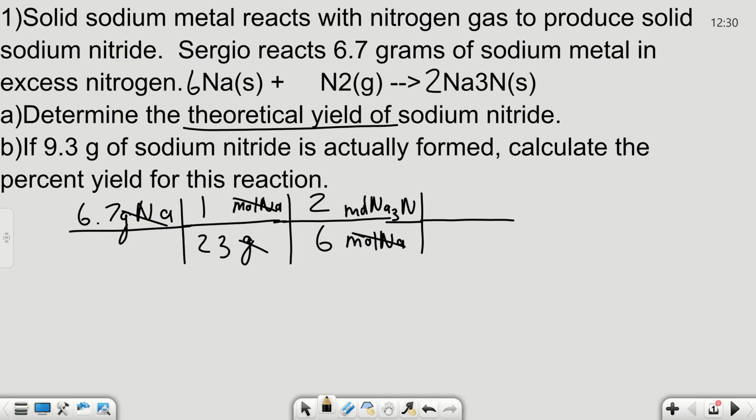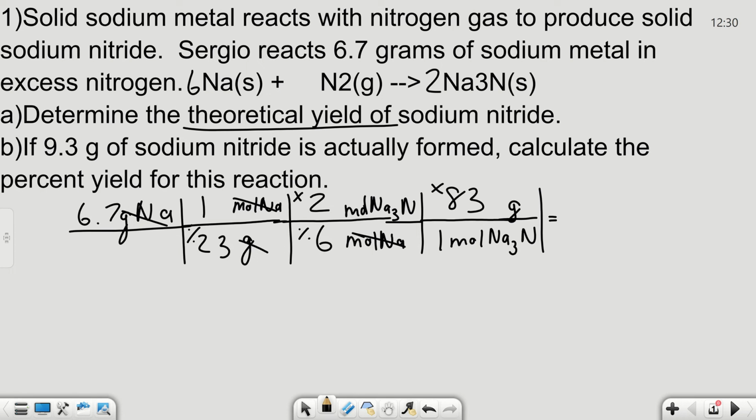But I want to find mass, so I'm going to change back from moles of Na3N into mass of Na3N, and the mass of Na3N is basically 83 grams. If I then calculate 6.7 times 2 times 83 divided by 23 divided by 6, I get